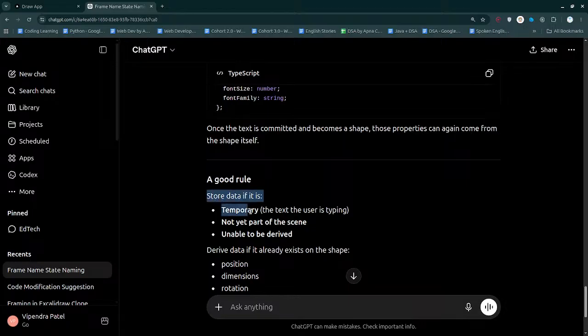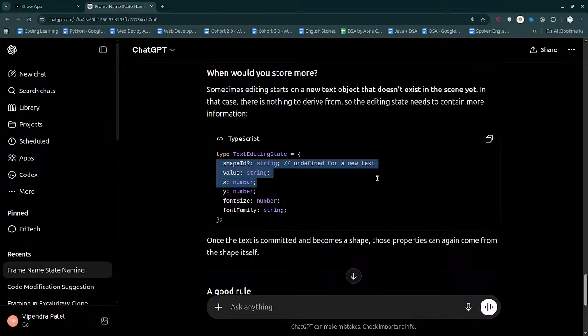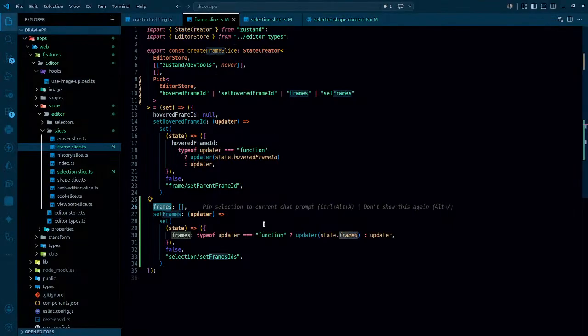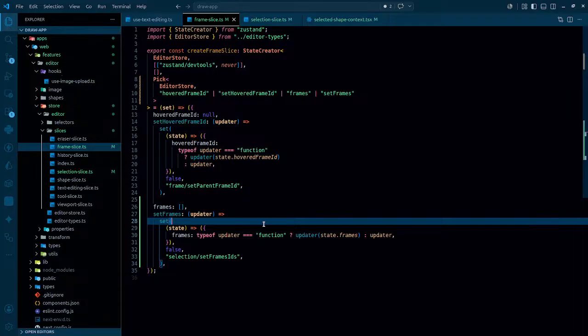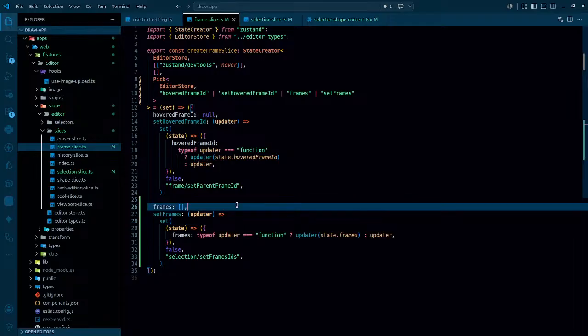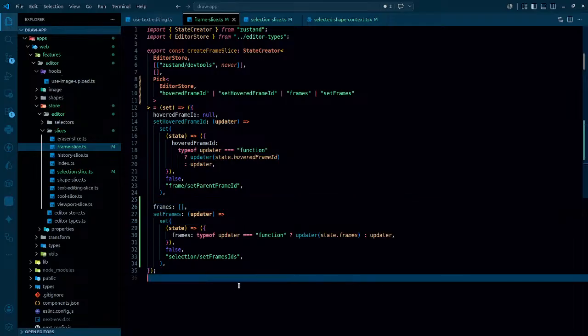So good. Store data if it is temporary. Okay, fine. The thing is that by default, whenever we double click, we will not have the shape ID, and hence we'd better go with this approach. And apart from this, when it comes to frame, the frame editing state will have the frame ID, and it will have the value, or the name, to be precise,